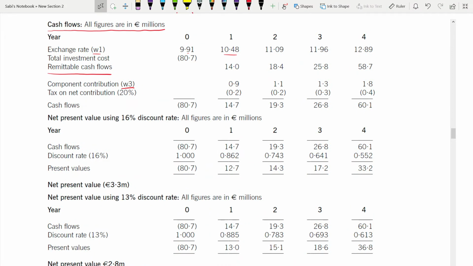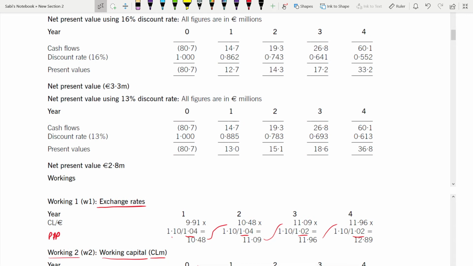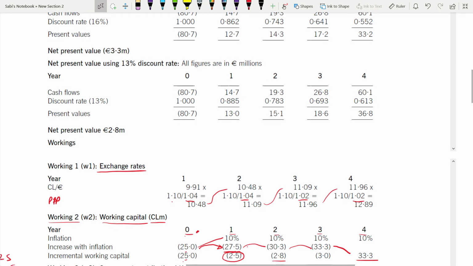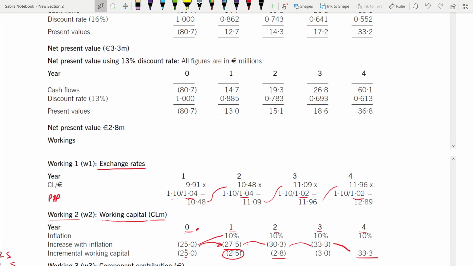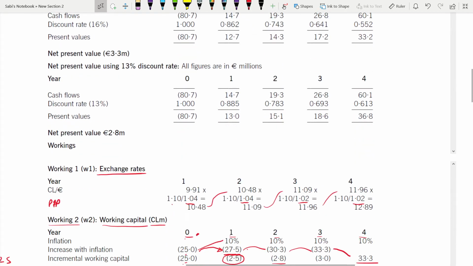But they will always clearly mention what items to inflate, what not to inflate, and what is already inflated. Like in the first case, coming to the CL company, in the beginning you didn't inflate. It is already inflated. You just copy pasted it. And this is a 25 marks question, so this simplicity is expected. If it was a 50 marks question, you would have to inflate that also, you would have to inflate this also. You have too much working to do. So this is what I'm trying to show you, the nature of a 50 marks question and a 25 marks question. The working is very less. They will try to make it simple. Sometimes they will directly give you a figure. Okay, so coming to that,